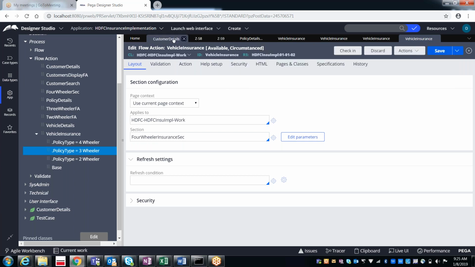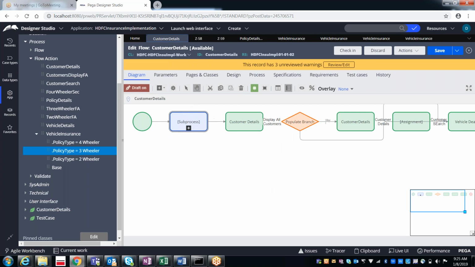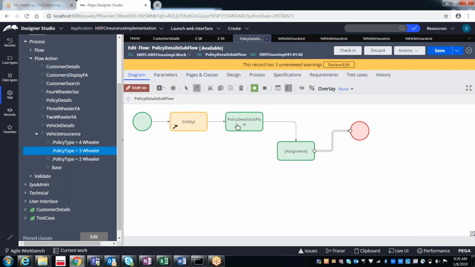So the flow is very easy to understand. Earlier we had this many decision shapes in the subflow, and based on the connectors from the subflow, we had various assignments and referred to various flow actions.